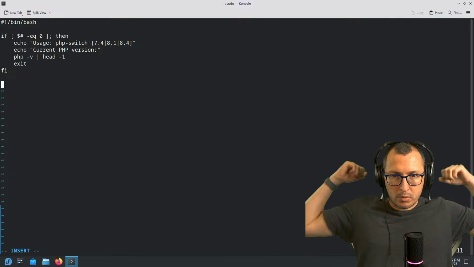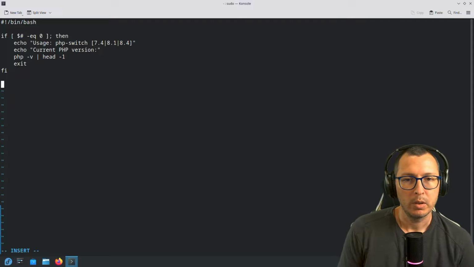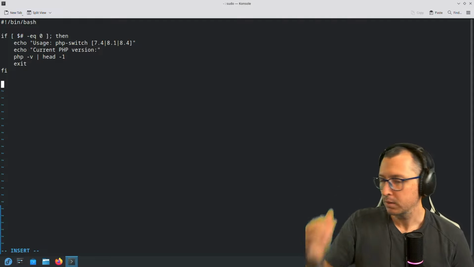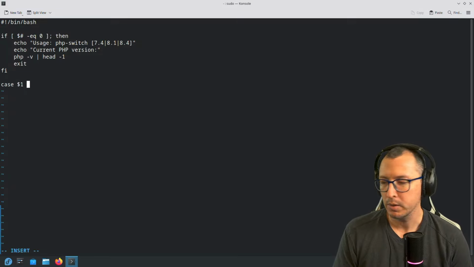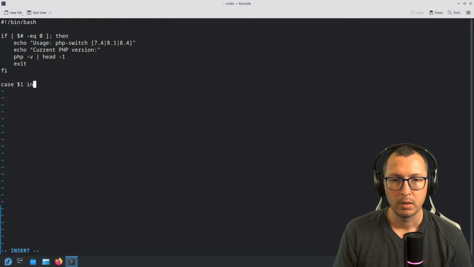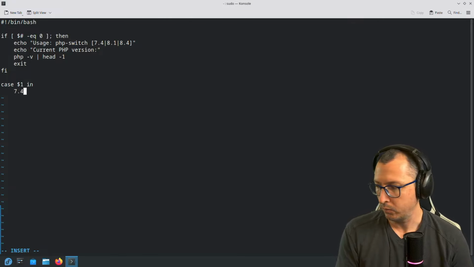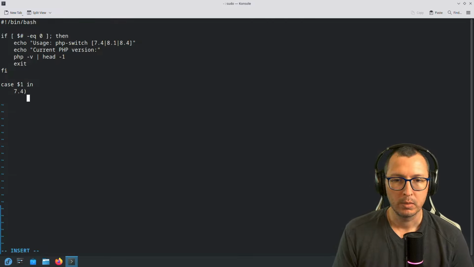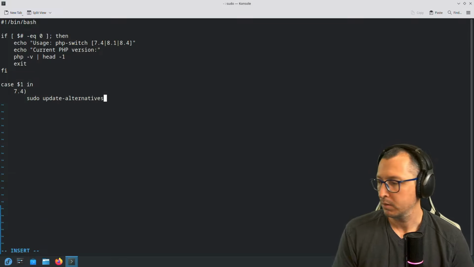Okay, so that's just to make sure that we use the appropriate version when we are using the command. And then we're gonna do a case $1, which is the input. And we're gonna check that if that is 7.4, we're gonna do a sudo update alternatives